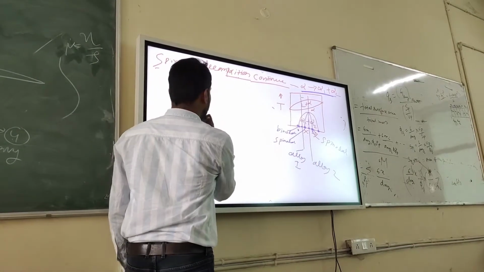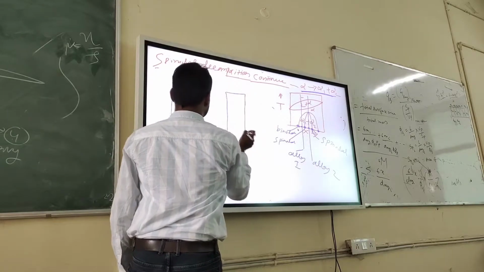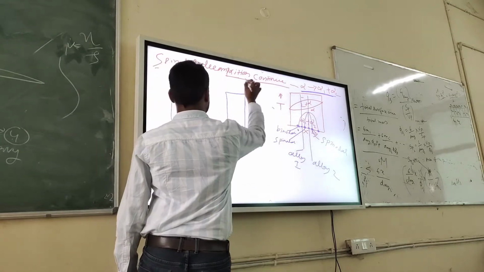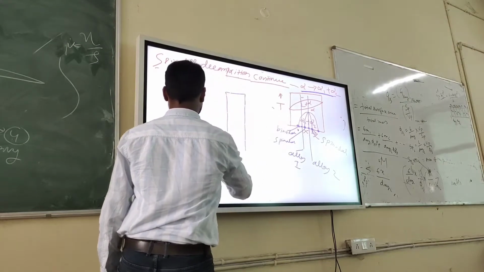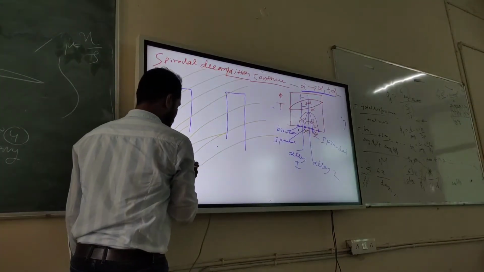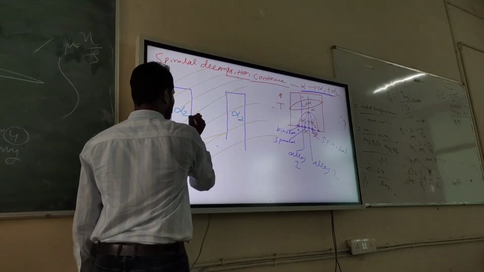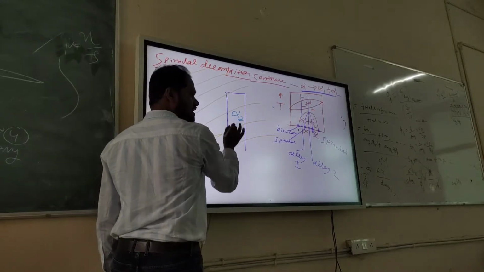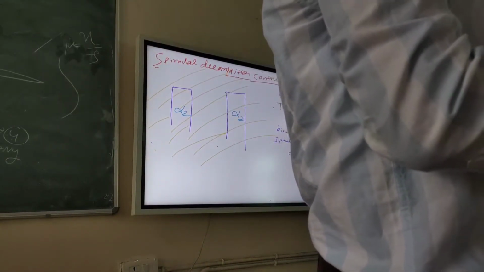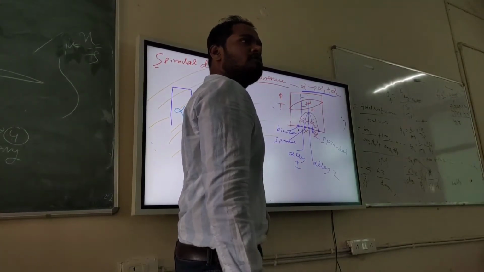So the first one will be this. This is the entire material, right? So this is alpha 2. This will be alpha, initial alpha. So this yellow region is completely alpha because we have initially alpha that is splitting into alpha 1 and alpha 2. So first alpha 2 is forming, right? Alpha 2 is first forming.